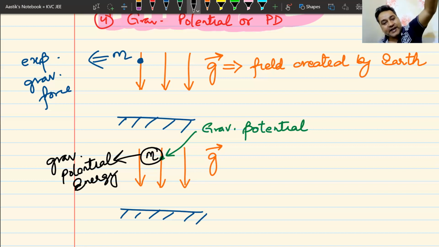You store water at a dam at a height, it falls down with lots of energy, running a turbine, producing electricity. In class 12, electromagnetic induction, we would be doing it. So if you don't see something, that does not mean that it is not there. It is all there. There are a lot of things in this universe which we don't see.